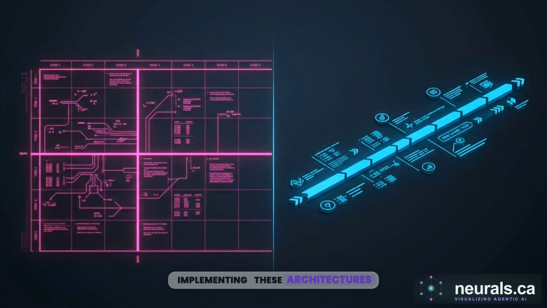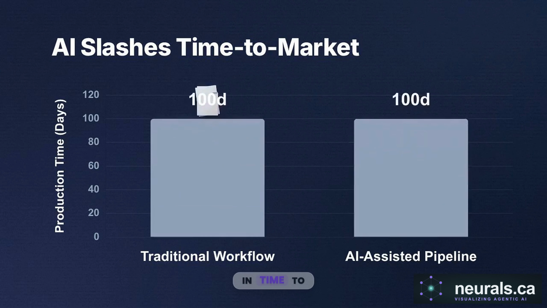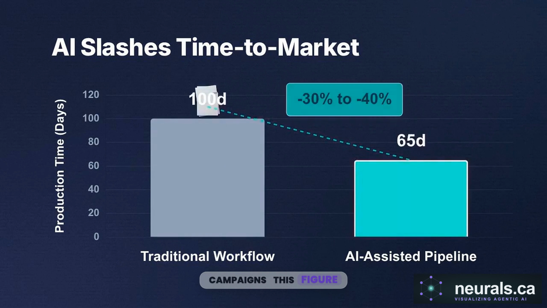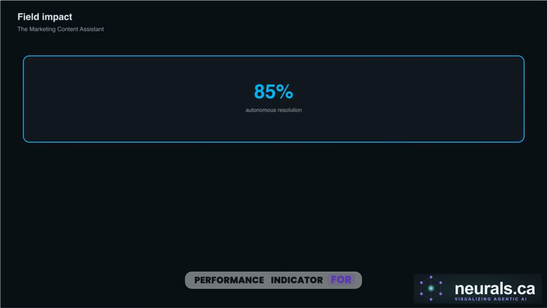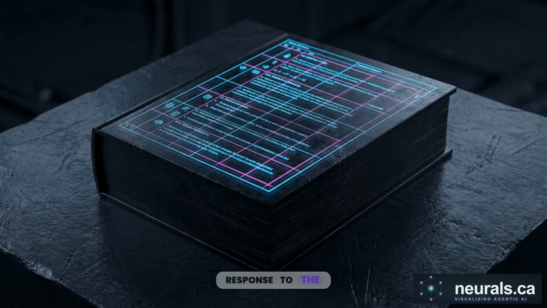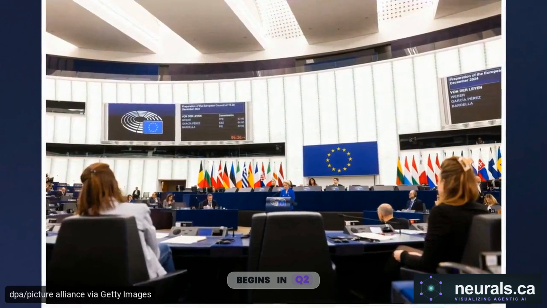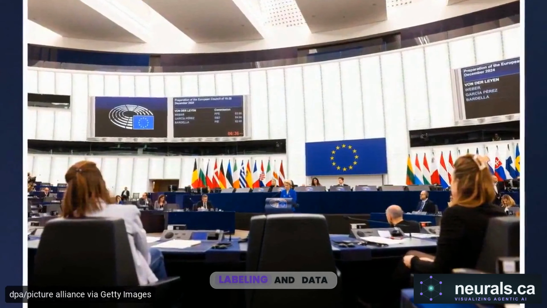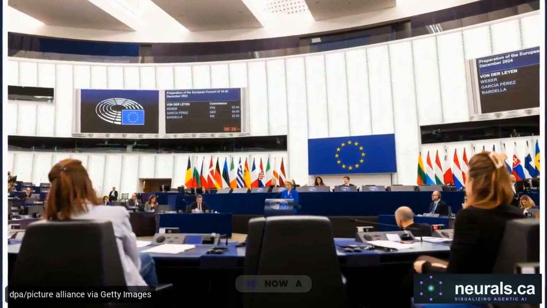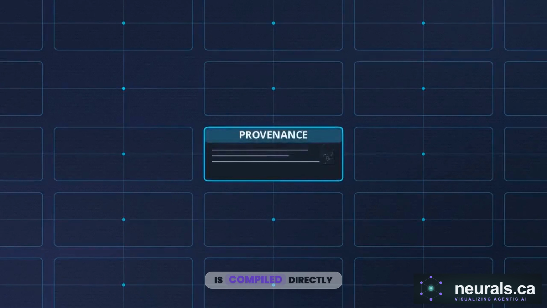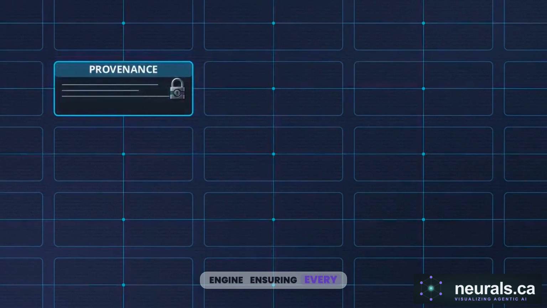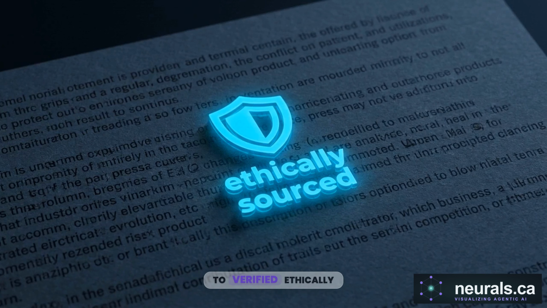Organizations implementing these architectures are reporting significant efficiency gains, including a 30 to 40% reduction in time to market for multi-channel campaigns. This figure represents the key performance indicator for these systems. Leading pipelines are currently achieving an 85% autonomous resolution rate. These systems are also a response to the regulatory environment. Full enforcement of the EU AI Act begins in Q2 2026, making content labeling and data provenance mandatory. Provenance is now a hard constraint. It is compiled directly into the Rete engine, ensuring every asset generated can be traced back to verified, ethically sourced